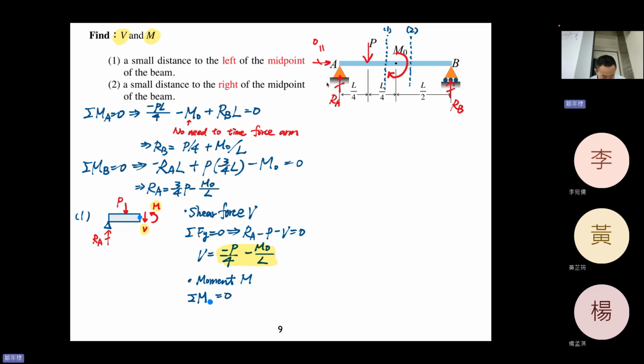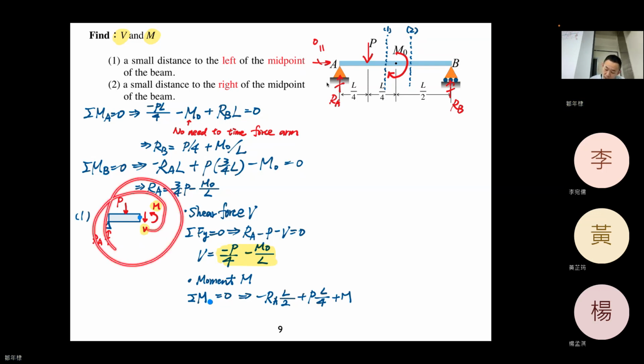So negative RA L divided by 2 and plus P L divided by 4 and plus M. You see M here is counterclockwise, so it's positive. Equal to 0, and then you can get M equal to PL divided by 8